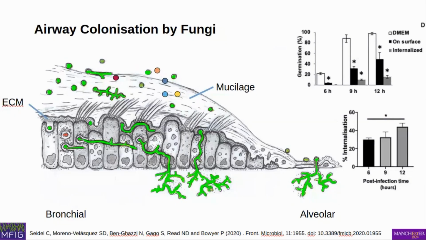On top of the cells in your lung and all through your lungs, there's a layer of mucilage, and this is what sputum is made of. The mucilage is waved. Every cell has these little cilia that wave and beat thousands of times, and they push the mucilage up through the lungs, and it comes out. You either swallow it or it comes out as sputum, and you cough it up.